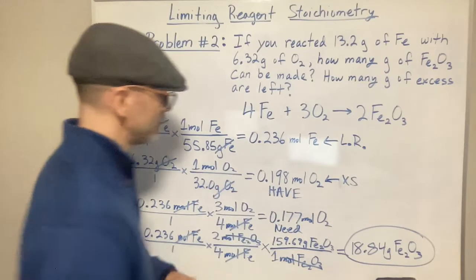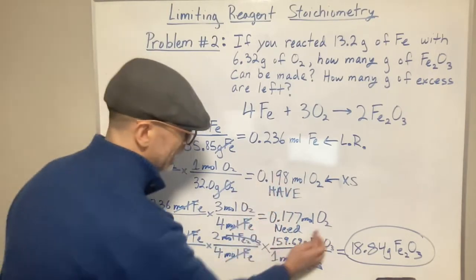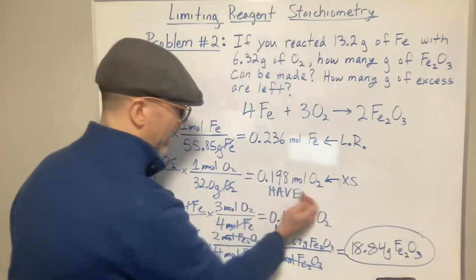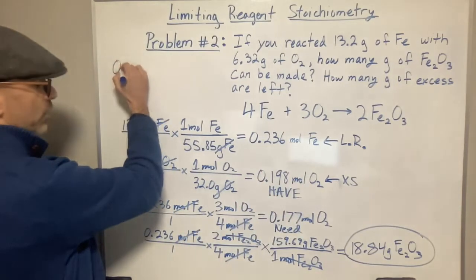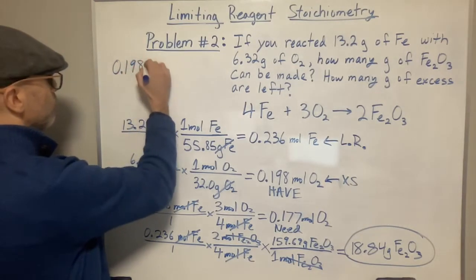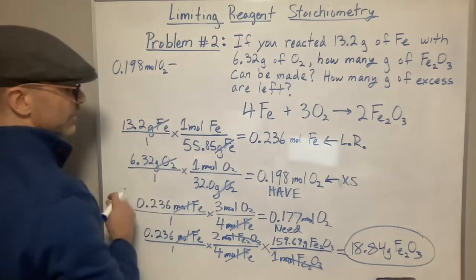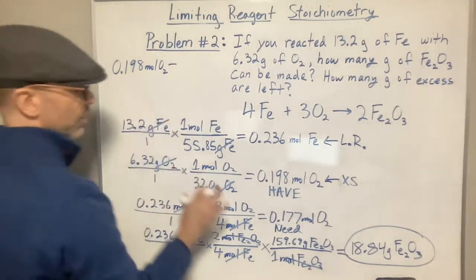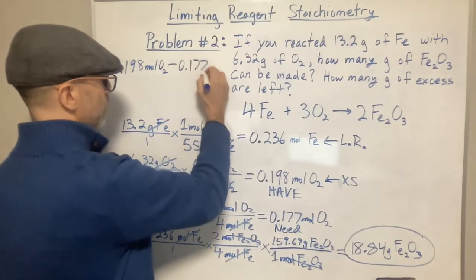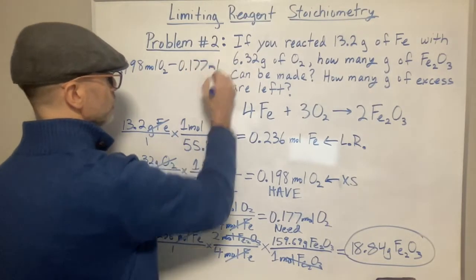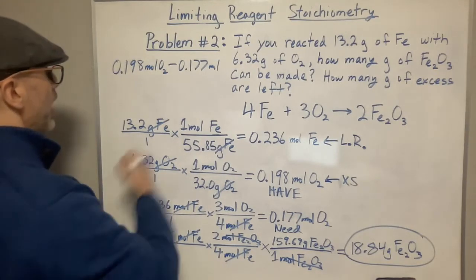So to get the excess, all I need to do is subtract the amount I need from the amount I have. So I go 0.198 moles of O2 minus, that's what I have, minus what I need, 0.177 moles of oxygen. And when I subtract that, I get